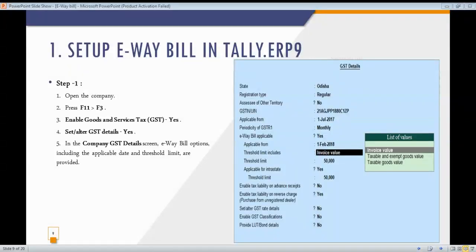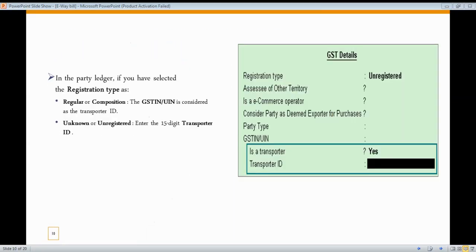In the company GST screen, the e-way bill option includes applicable date and threshold limit. So the applicable date and threshold limit will be given. So you have to set according to yours, and then you have to proceed. And the next is